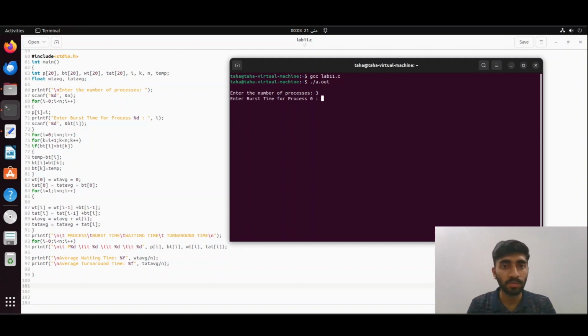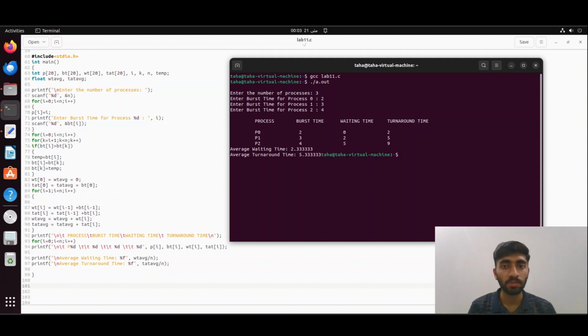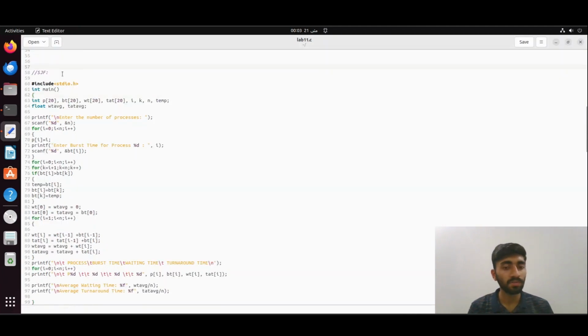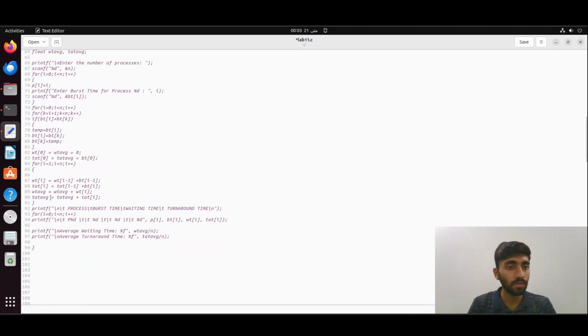Let's take 3 processes, with burst times 2, 3 and 4. It is printing a table with burst time, waiting time and turnaround time respectively, and the average waiting time and average turnaround time for these processes. So this was the second algorithm, shortest job first. Let's move to the third